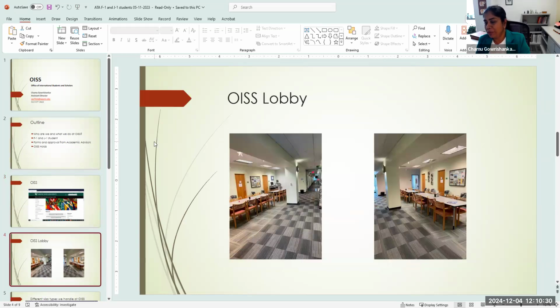This is our office. I just wanted to share, if you haven't come to our office, visited us, we are on the 4th floor of Welcome Center, and we are pretty much the corner office in the Welcome Center. This is our lobby. It typically doesn't look like this. I took this picture during COVID. So when the office was quiet, nobody was there, all the office doors are locked. If you see the 2 doors, we have 2 more doors on the side, which is all advisors' office. So all their doors are closed. It doesn't look like that. We are pretty much like open office. But this is a picture I took during the COVID. So it looks like creepy quiet.